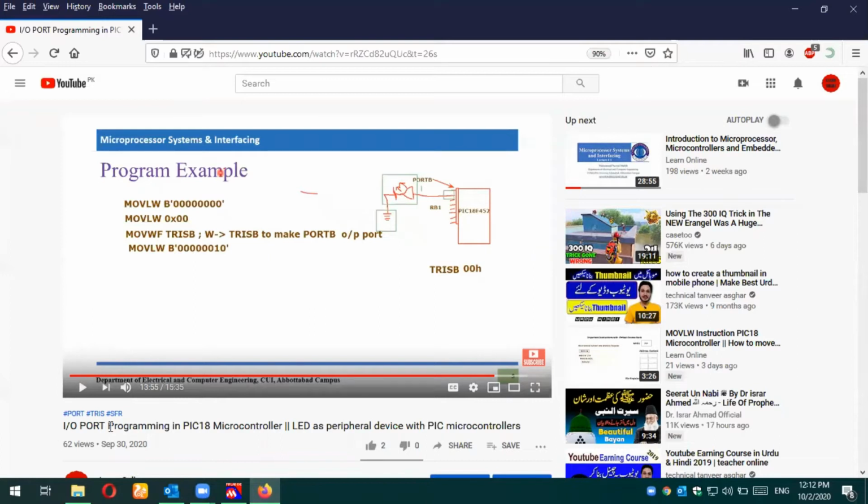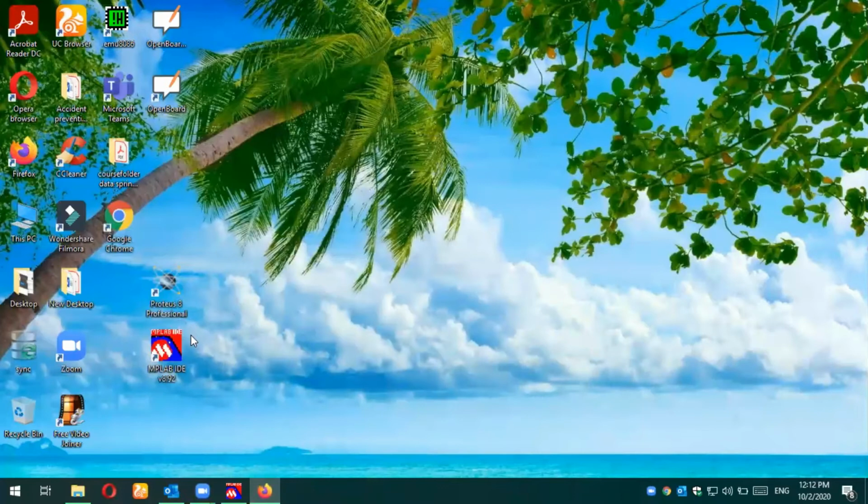So if you remember IO code programming that we have done, and this diagram specifically in which we connected an LED with RB1 pin, and we wrote a code for turning on this LED, right? So this is the thing that we're going to implement, and this is the same code that I'm going to use today in this tutorial. And we will implement this circuit in Proteus, and then we will also use this PIC18F microcontroller in Proteus environment, and we will learn how one can actually build the Proteus project with MPLAB integration code, right? So let's proceed to our stuff.